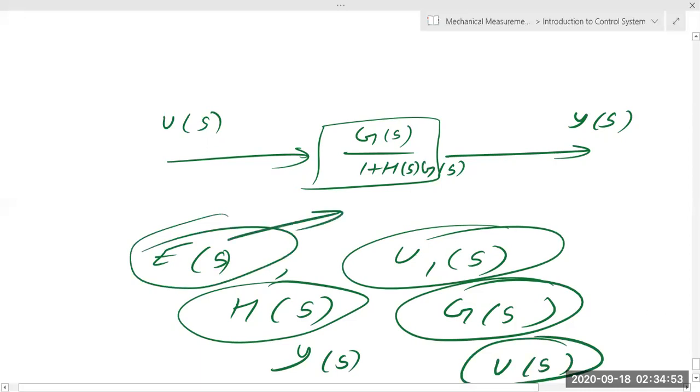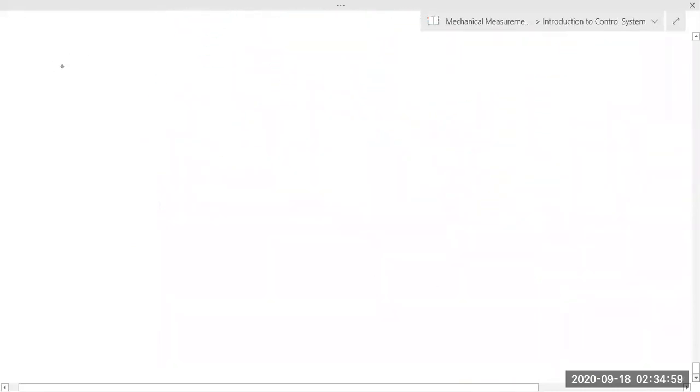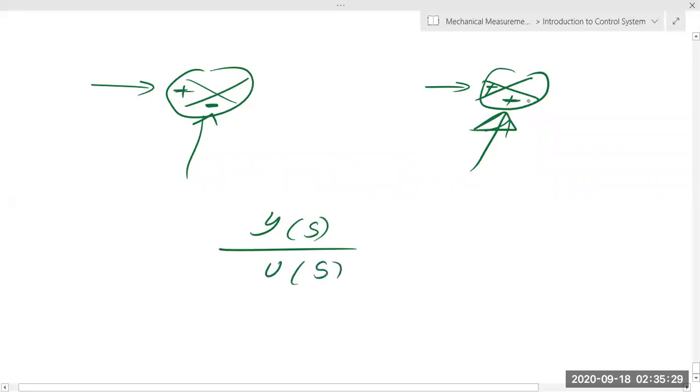One last thing before we end, I just need to add this. What is pending right now is the summation point. If we remember, this signal was getting minus and this was plus. This will always be plus because it is coming in, but this signal can depend upon the output. If we want to reduce the output, this will give a minus signal. What if we want to increase the output? If the output is less, then for this kind of system, this is called a negative feedback system.